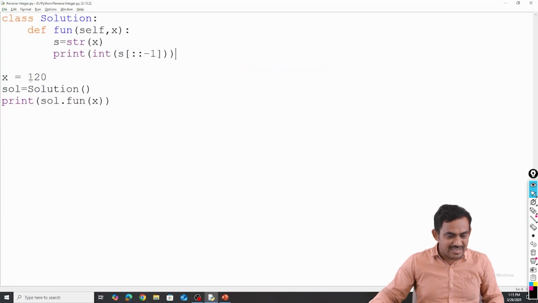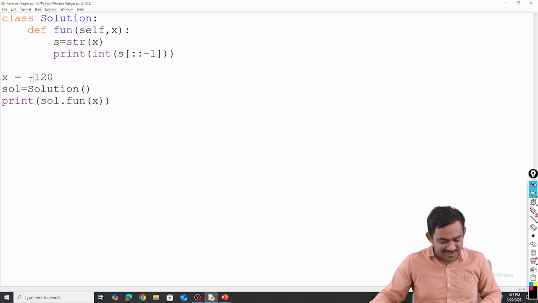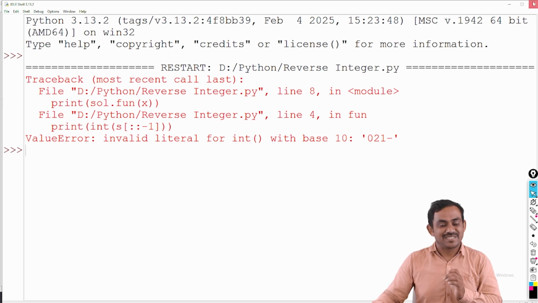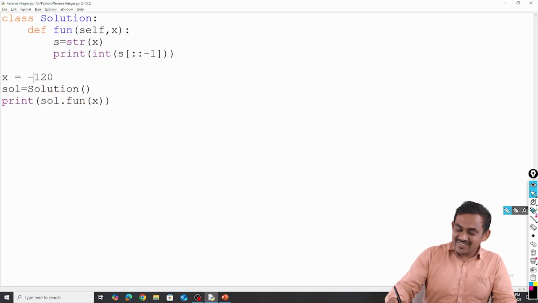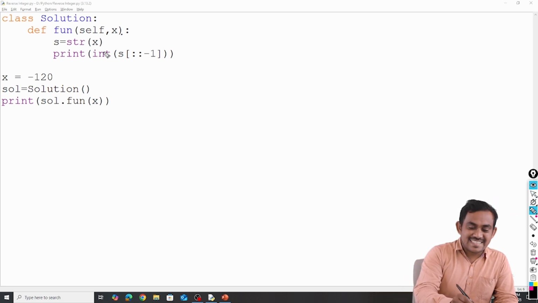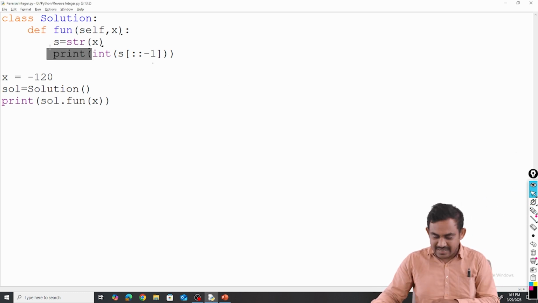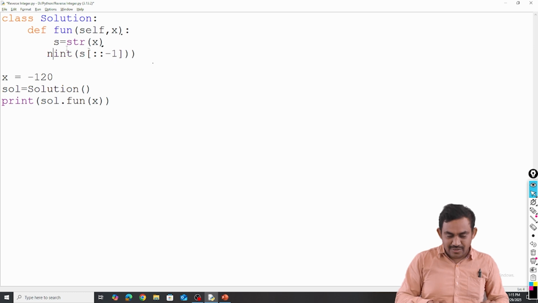We have the 21, but suppose it's -120, check it now. Suppose my x equal to -120, what is your output? Some error. So here we have some conditions. What is the condition? Now we'll cross check step by step. Now your aim is what? Your aim is x in the string as a reverse. Now I want to have a small number. I don't want to print here. Suppose n equal to